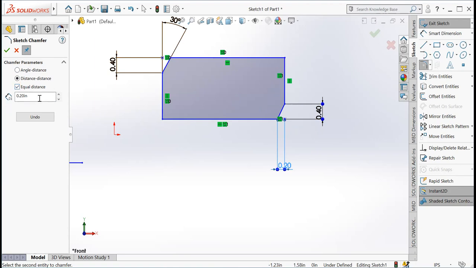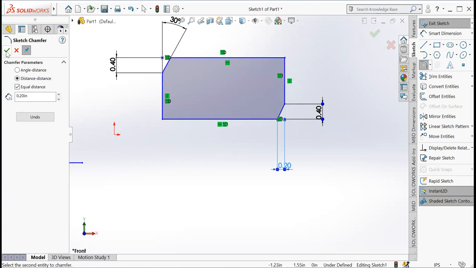Now we are going to see equal distance. Here I have put 20 inch. So I'm going to select this entity and this entity. Sorry, I'm going to select this equal distance. Okay, equal distance. I select this plane, and this plane. It is not getting selected.